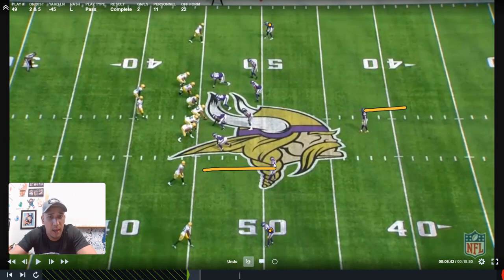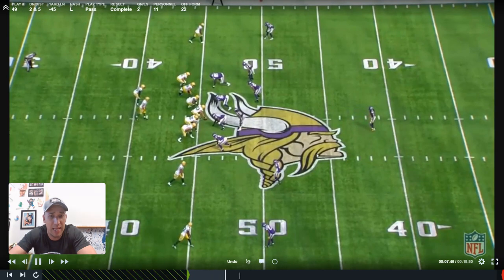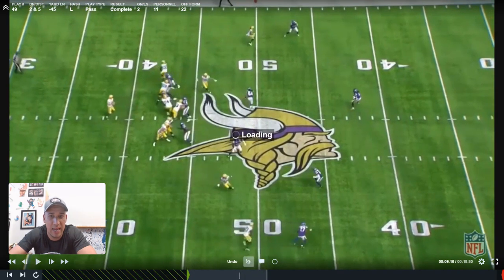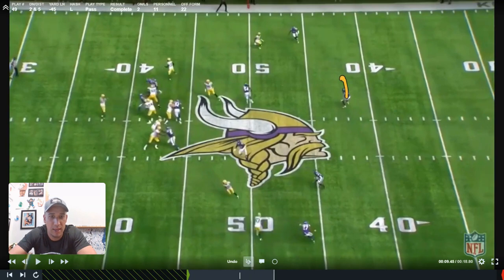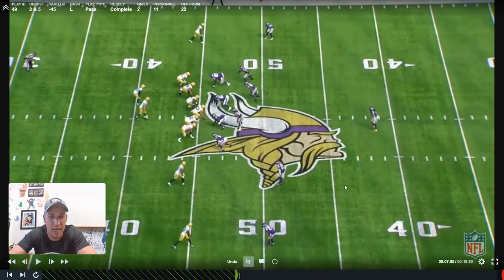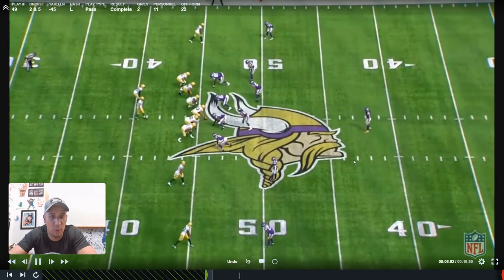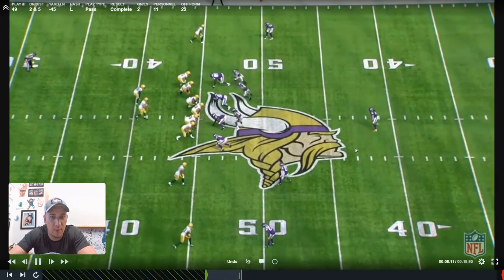Cover three. Now, what we end up getting here is right after the snap, we can see there's a rotation. This safety slides over to the top side of the field, and this safety backs up on the near side of the field. And what's happening is pre-snap, the Vikings are showing cover three, and then they're moving to cover